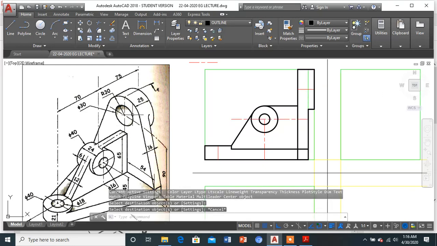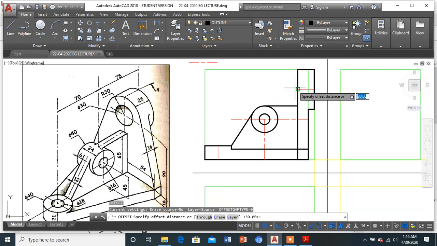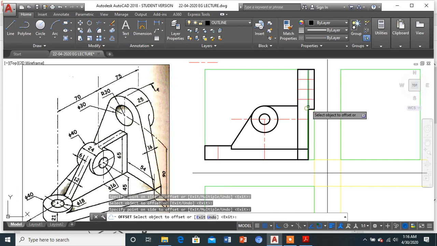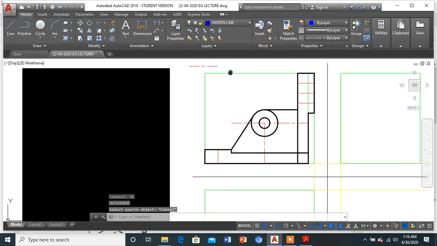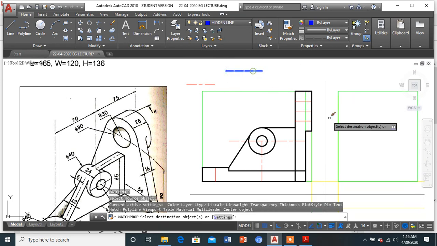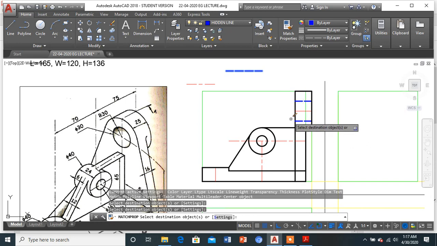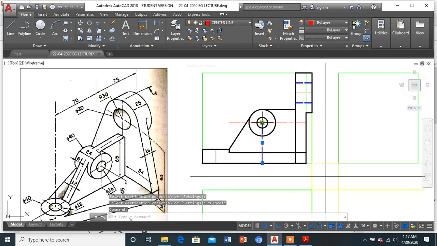Okay, and the inner through hole, as you can see, is of diameter 30, so it will be offset by 15 each from here, from here. Okay, so once we are done, I will simply make it as the hidden line. Okay, so since we are done, this completes my entire normal front view. We have not drawn this section as of now, so I'll be simply getting this like this.